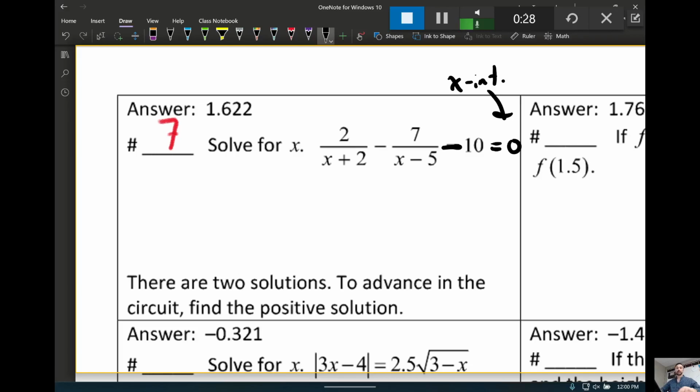But typing this in the calculator, if you don't put this in correctly, you may not be asking your calculator to graph what you mean to graph, because your calculator follows order of operations very strictly. So you either have to put parentheses around your numerators and your denominators, or